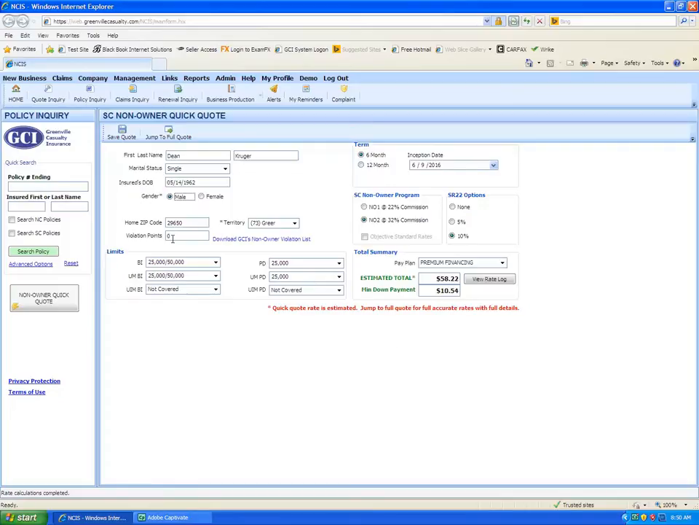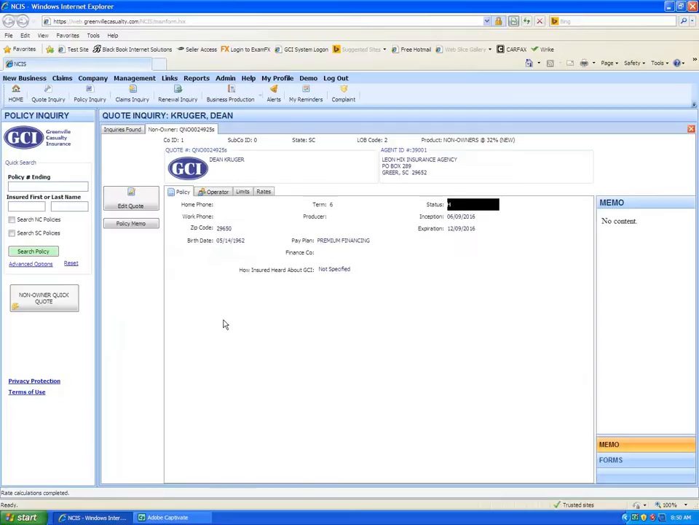It puts in the limits, and here's your quote: $58.22, and a minimum down payment of $10.54. The rate log is really more for myself at the company to double check what is going on. Okay, once it's done, you just hit save quote. If you wanted to go ahead with the policy, you would go into edit quote,